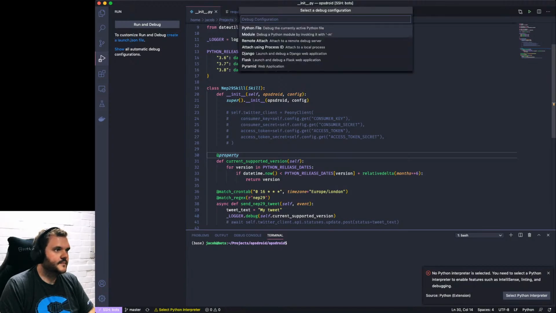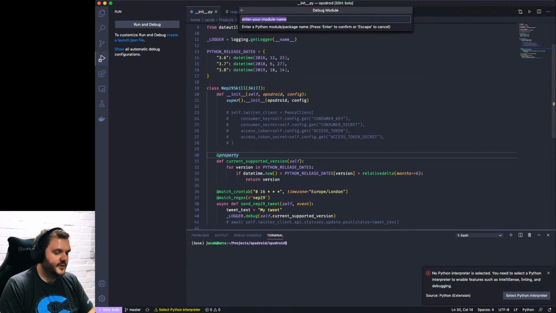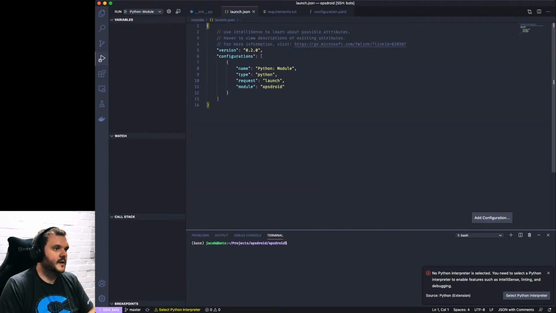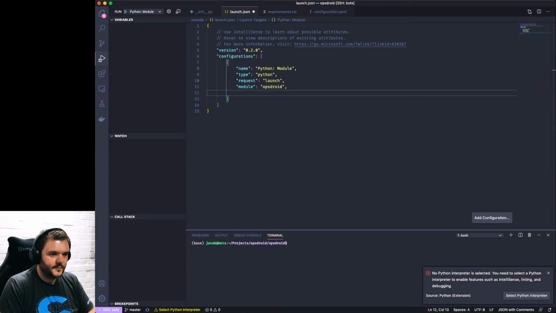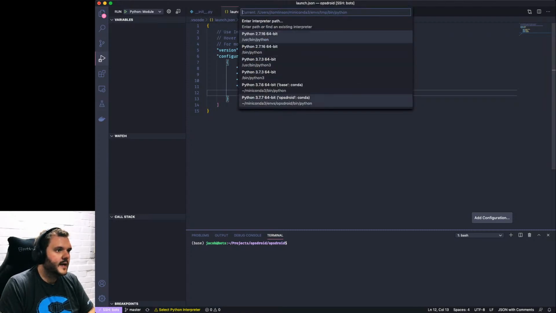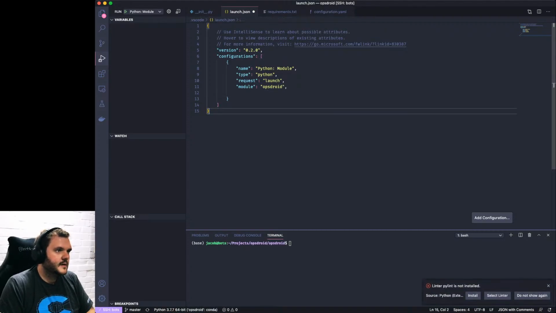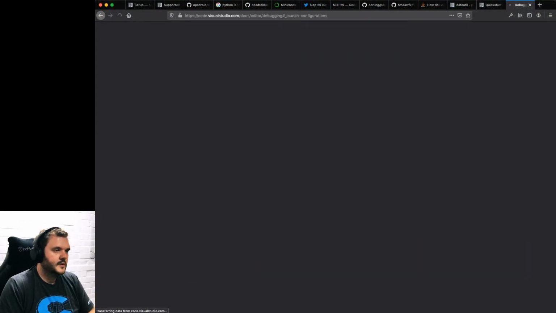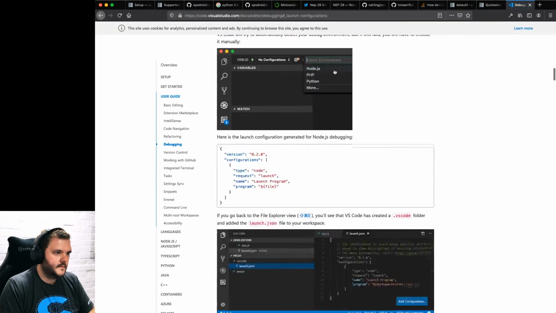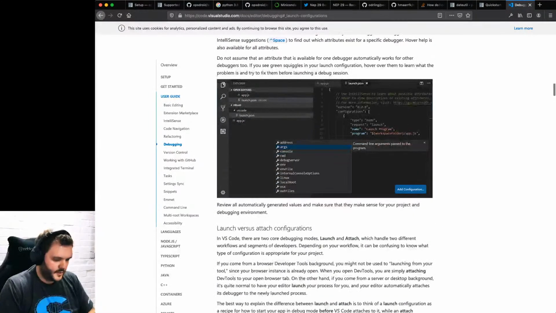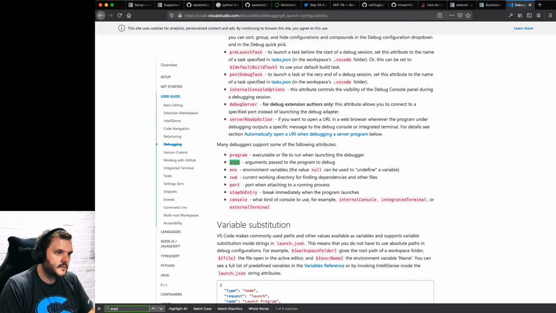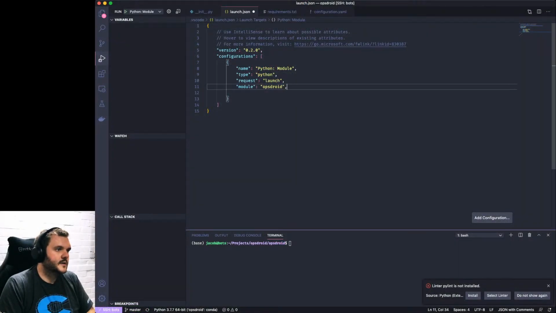Okay, launch.json file. Python module. That's what we want. Enter your module name, Opsdroid. And then this needs to be, I remember this. What we could really do with is, for more information, go to this random Microsoft link. Okay. One like args. Oh, it's just args. Fine. So here, args is start. Right, so we're going to call Opsdroid start.